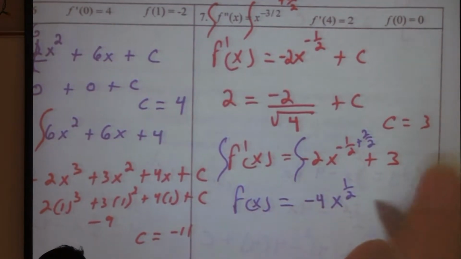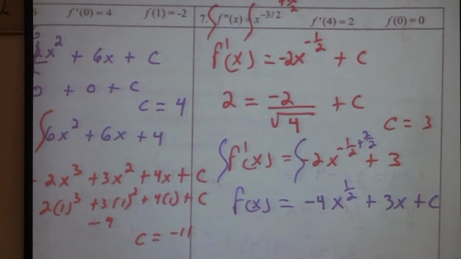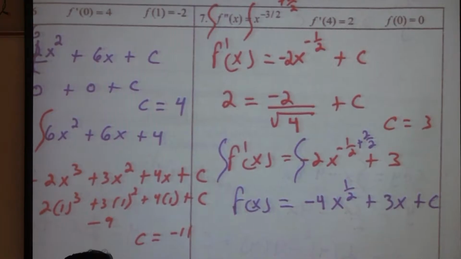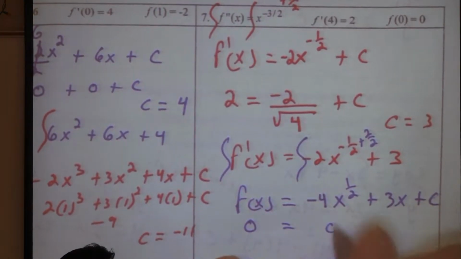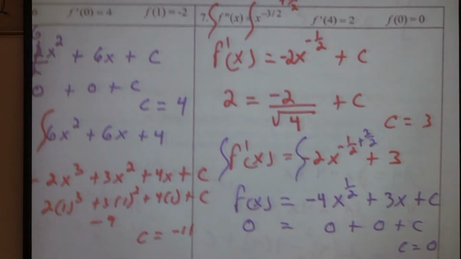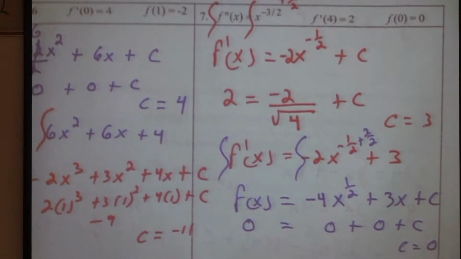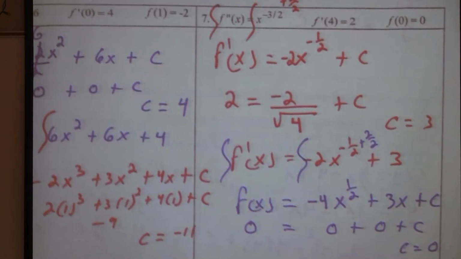Plus 3x, plus c. And now we're ready to substitute 0 and 0, right? Okay. So if I put 0, what do we end up with? 0 plus 0 plus c. So c is 0. So my original function is negative 4 square root of x plus 3x plus